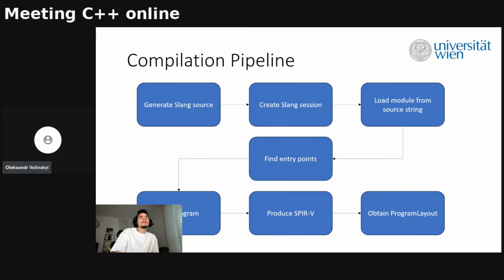And also at the same time, the system can obtain the program layout. So you can see it's the last step of the workflow. It's the obtain program layout, and this program layout is basically a basis for the reflection, and we will need that a bit later. We will talk about this too. So this step turns the generated shader source code into something Vulkan actually can use, into SPIR-V, for example.